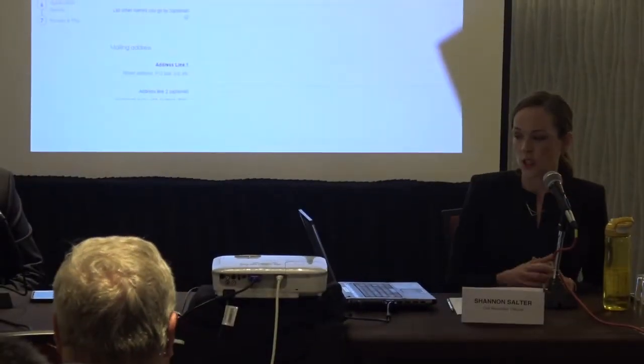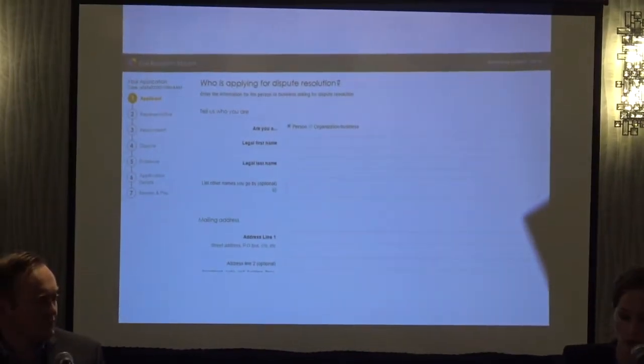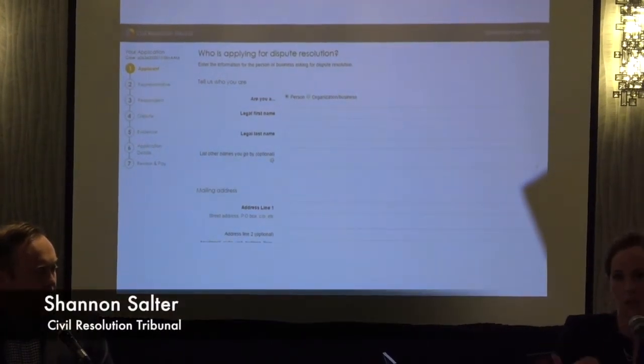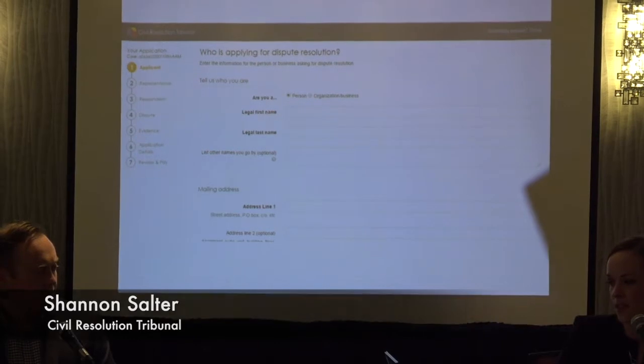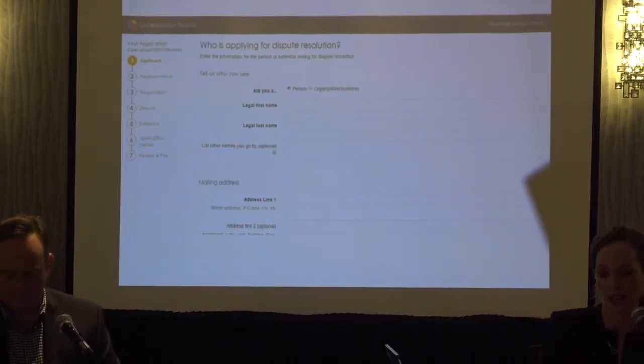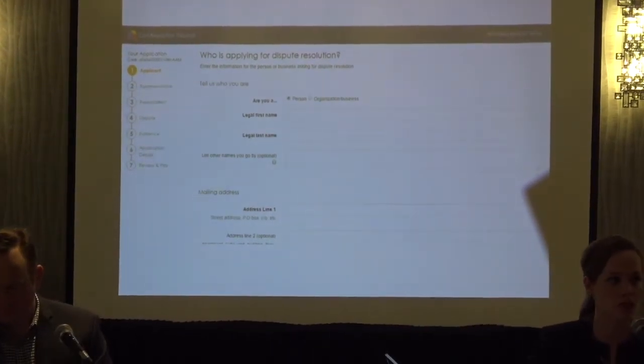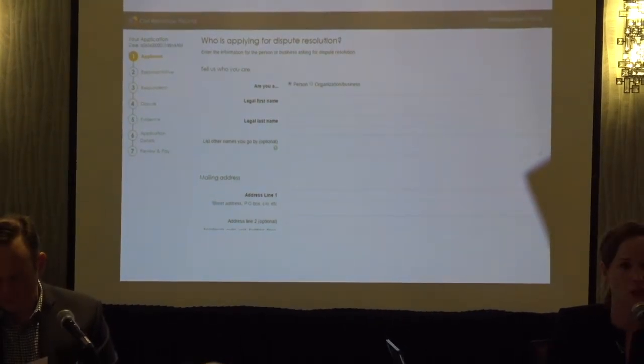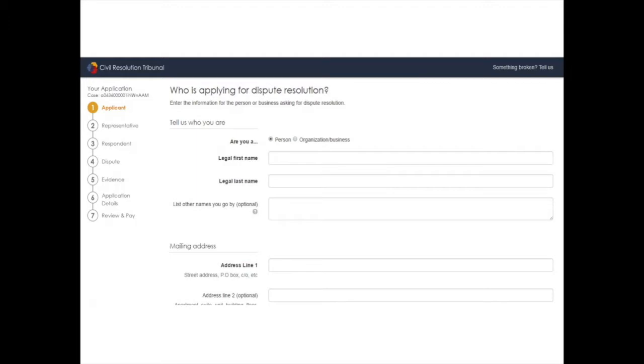The other thing that is new is that we keep rolling out pieces of technology as we develop them and as we test them. We take an incremental approach to this. And what you're looking at now is an application form, the application form for somebody who's filing a CRT dispute. And I promise I won't bore you by going through the forms too much, except